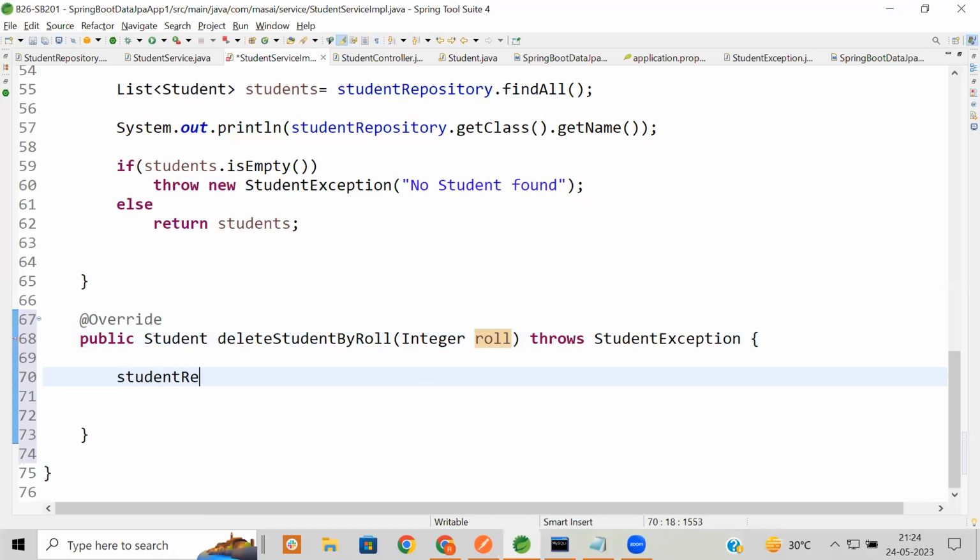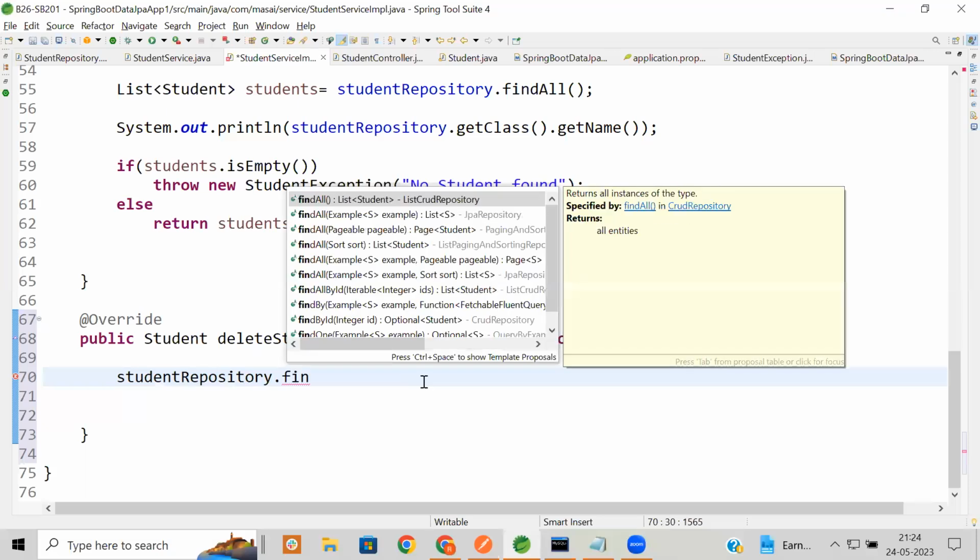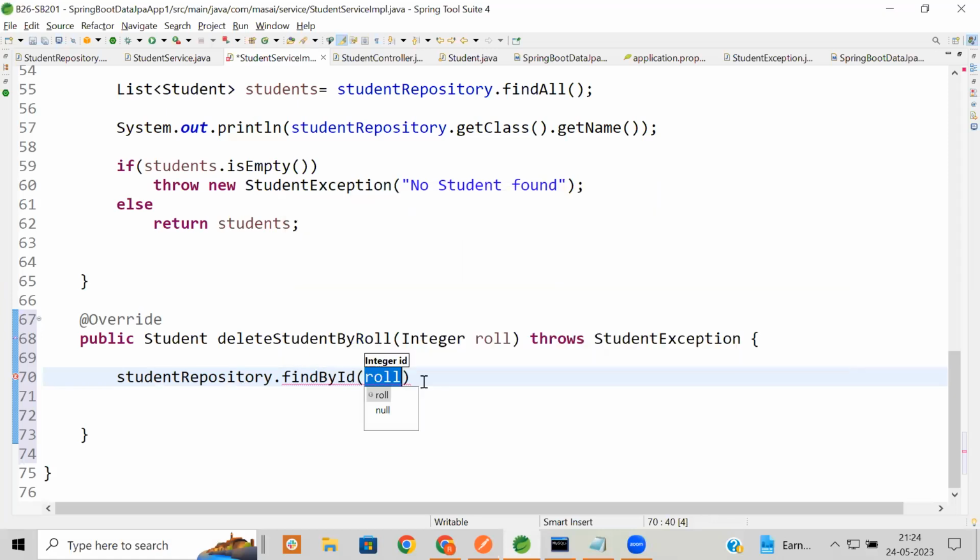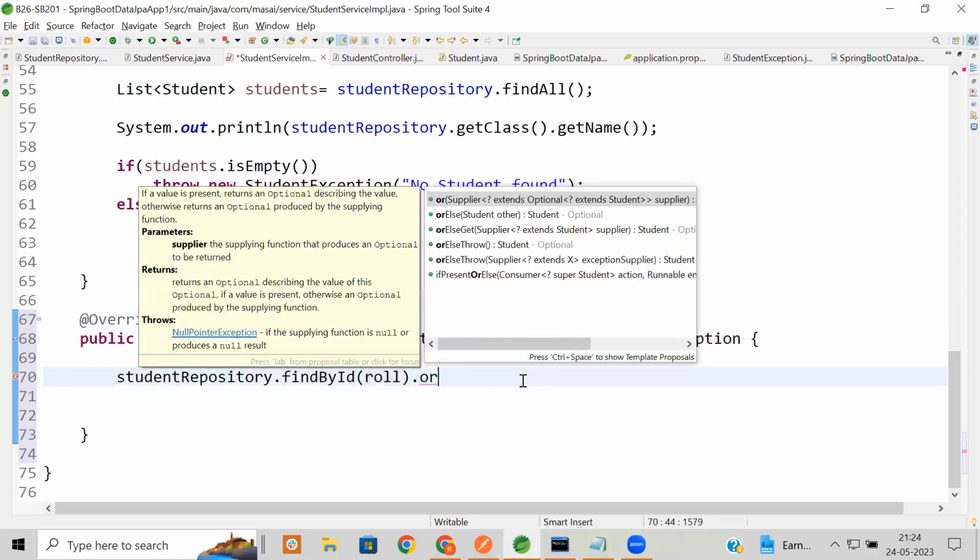Student repository dot find by ID. Find by ID, roll number, and this roll number, it will throw what? It will return optional. तो हम यहाँ पे ऐसा कुछ कर सकते हैं क्या? Or else throw,